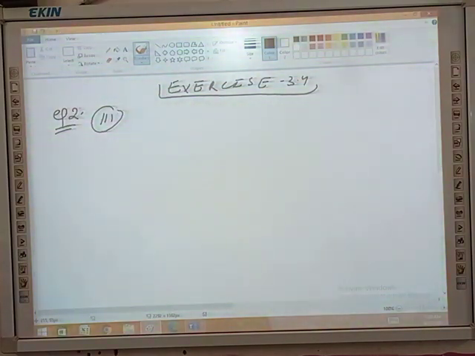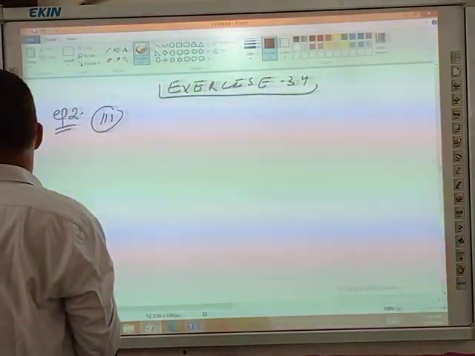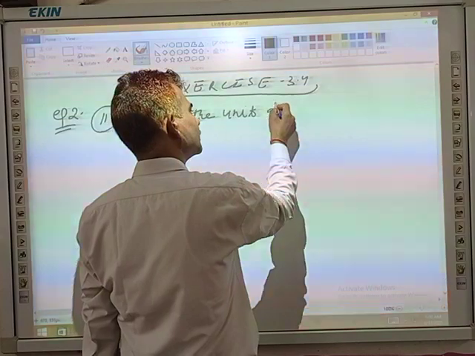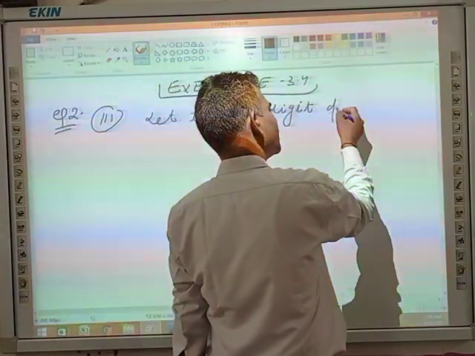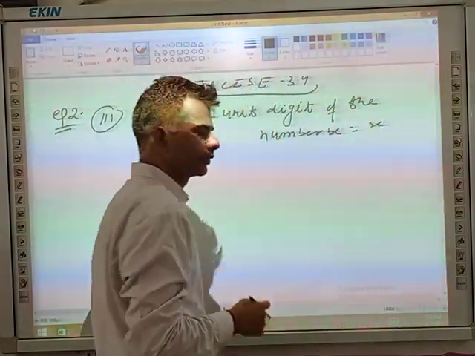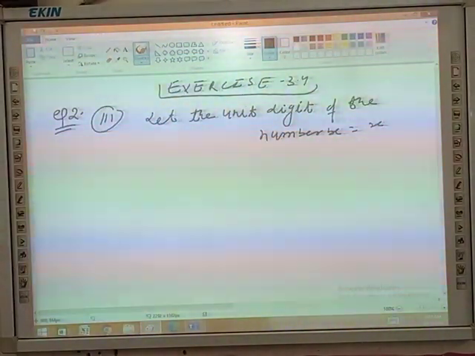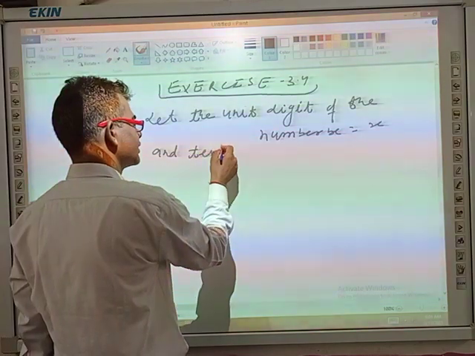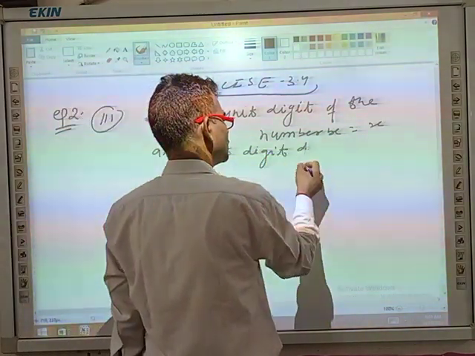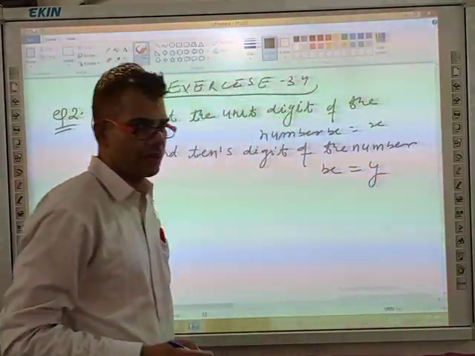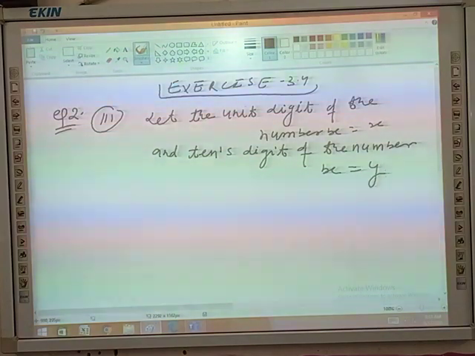The sum of digits of a two-digit number is 9. Students, let the unit digit of the number be x, and the tens digit of the number be y. Therefore, the required number is